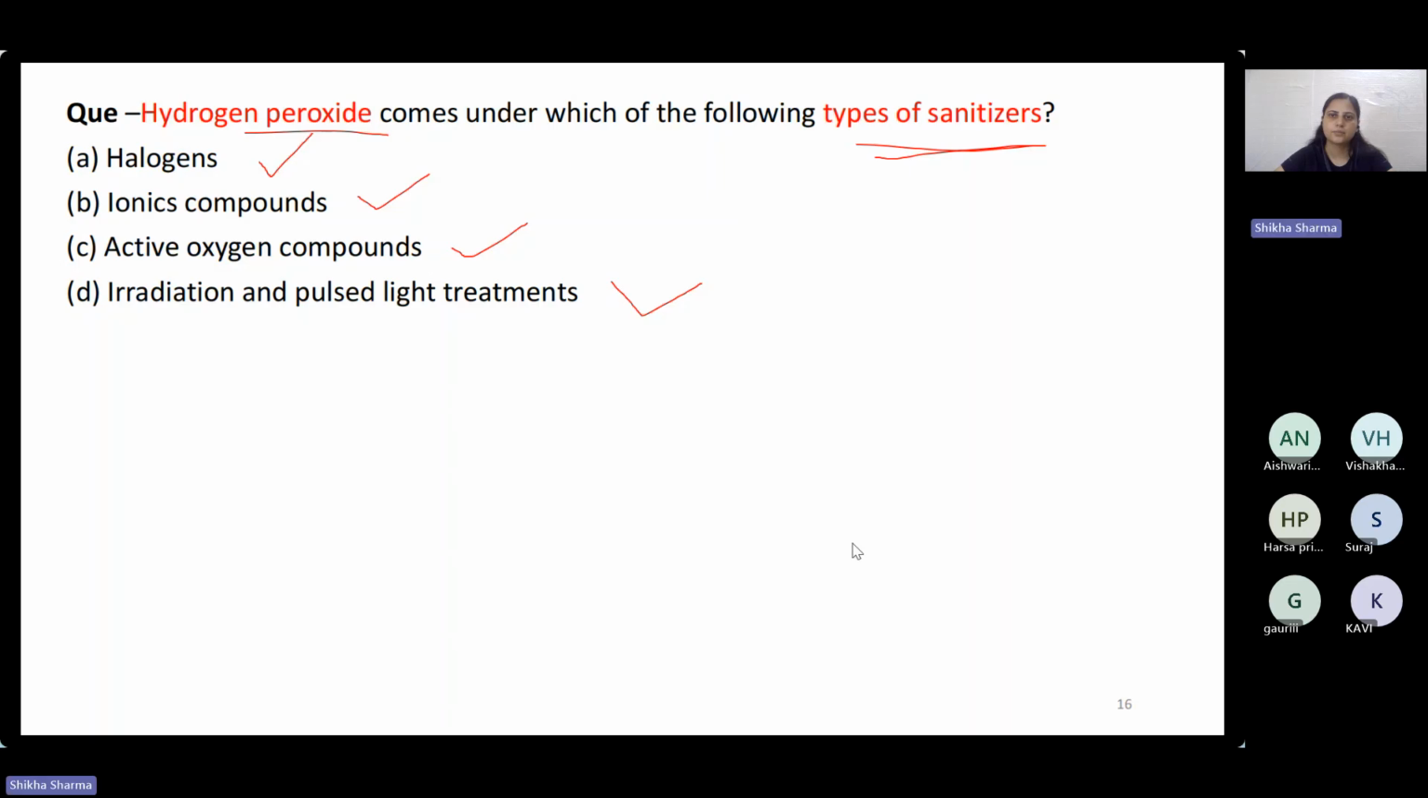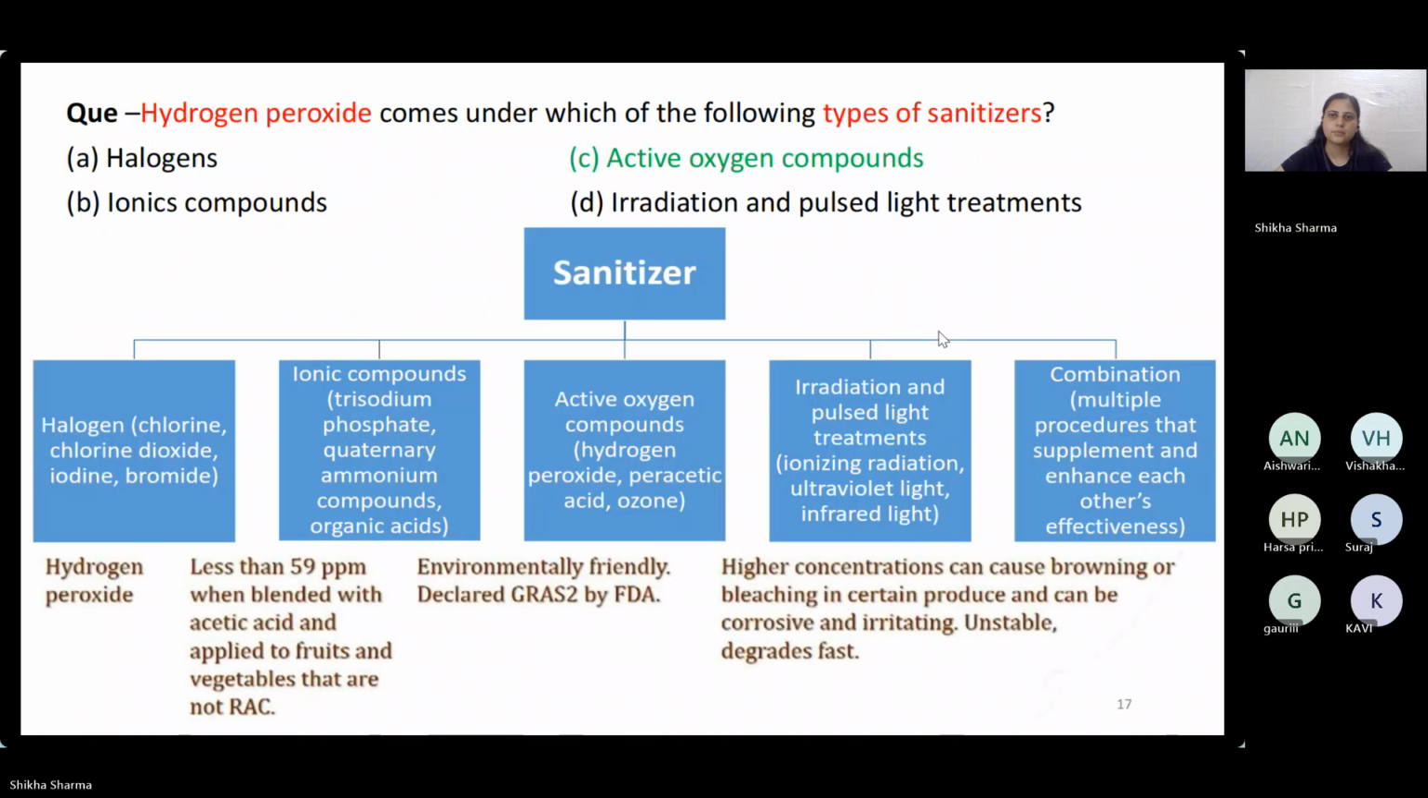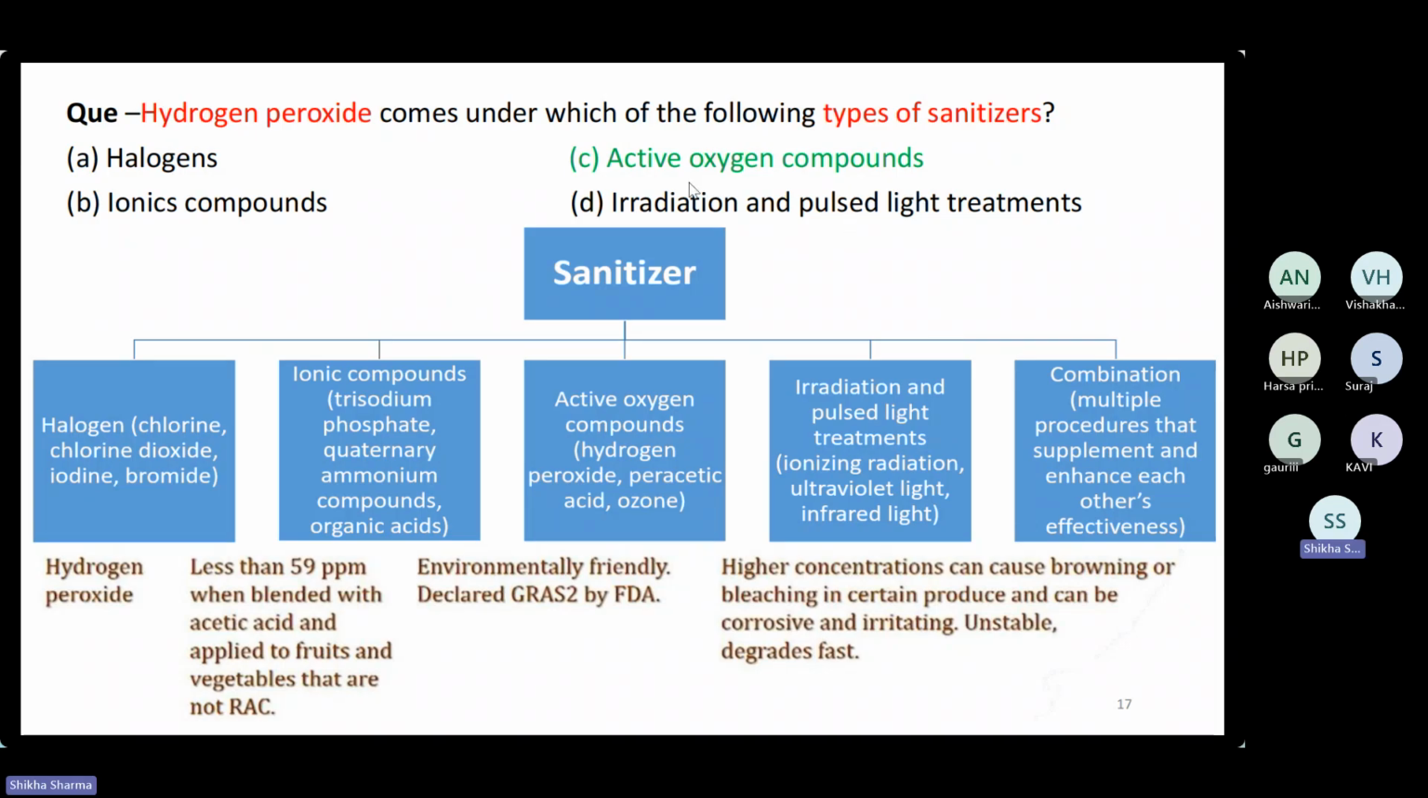B, C. So we got two answers, B and C. Let's see. C is the correct answer: active oxygen compounds,